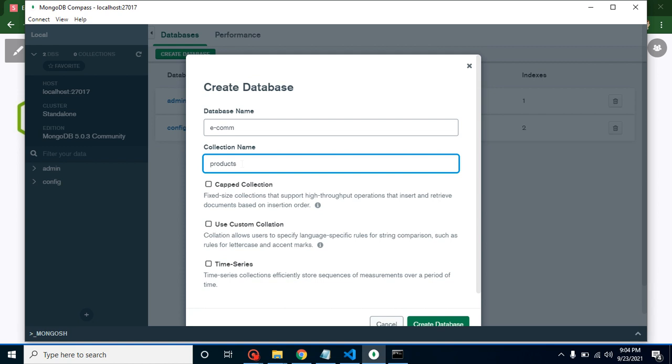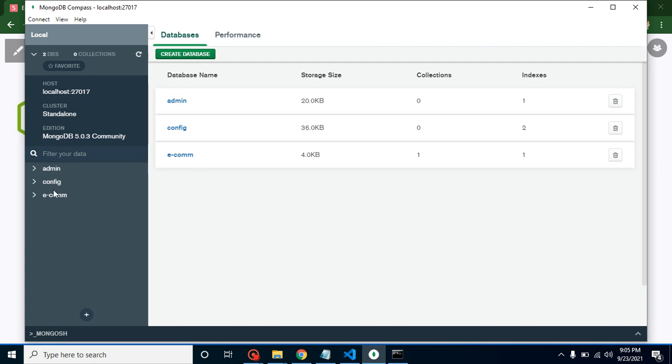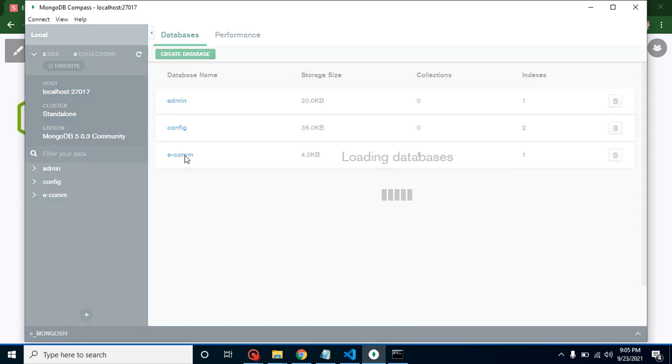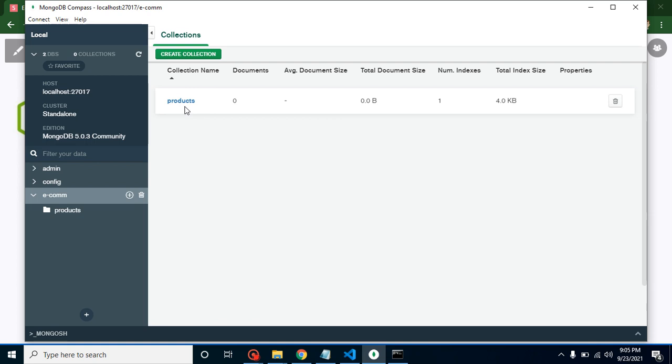Never put your collection name as singular, like product, because in that collection there are lots of products, so it should always be products. Now let's create the database, and here we can see our e-commerce database. Let's click on it, and here is our products collection. For the moment we don't have any data inside it.